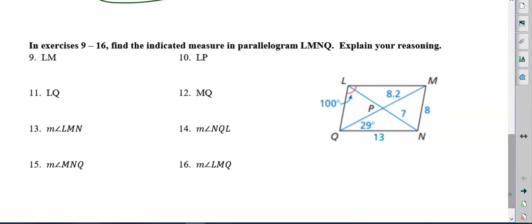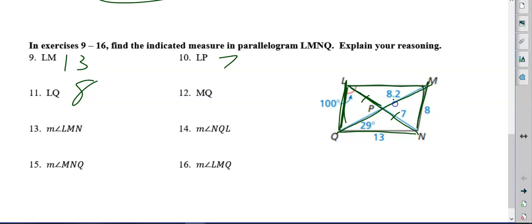Okay, LM. Well, LM is opposite QN, so that's 13. LP, right here, is part of this diagonal. Now, in a parallelogram, the diagonals bisect each other, so if this is 7, so is this. So LP is 7. LN would be 14. LQ is over here, which is the same as MN, so that's 8. MQ is the whole thing. So this is 8.2, this is 8.2, but 8.2 times 2